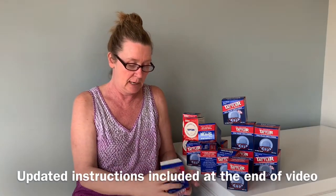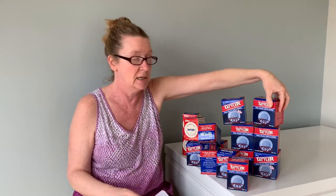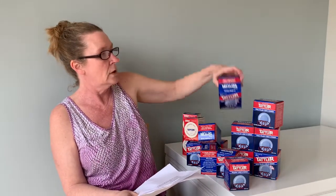So they've recently updated their instructions and they are now printing it on the box. But when I ordered these in the fall of 2019, they came with this sheet of paper that says revised, easier to follow canning instructions when using Tattler reusable canning lids. And it says, for best results, follow instructions closely, especially number 3, number 5, and number 7. Now number 3 on the old box says, fill jars as indicated per canning instructions for that food